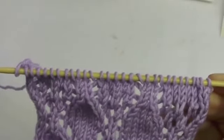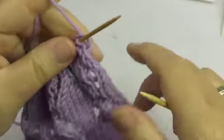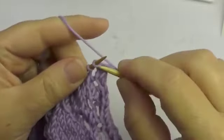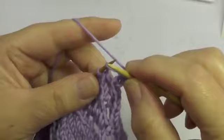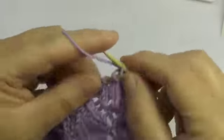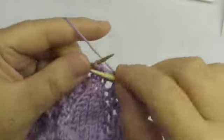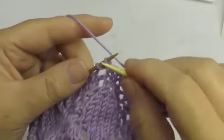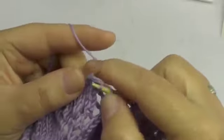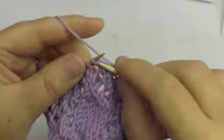And row number 9 is again the exact same thing as rows 5 and 7. So we do the edge stitch, 1 knit stitch, yarn over, 2 done together, 3 knit stitches, 1 pulled over, and 1 knit stitch. And then again, 1 knit stitch, 1 yarn over, 2 stitches done together, 3 knit stitches, 1 pulled over, yarn over, and a knit stitch. And again,